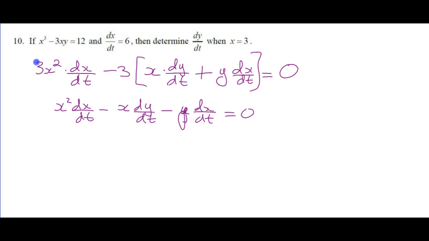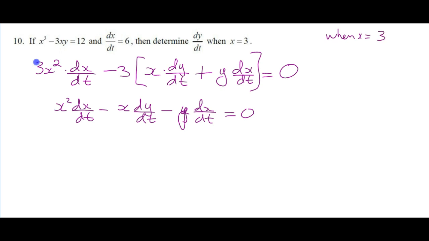Okay, so what we want to know, so when x equals 3, okay, so we know that dx by dt is 6, so we got this. And we know that when x is equal to 3, so we got this and we got this, and we want to find dy by dt, which means we need y. So we just have to go to the original, right? Say, well, when x is equal to 3,